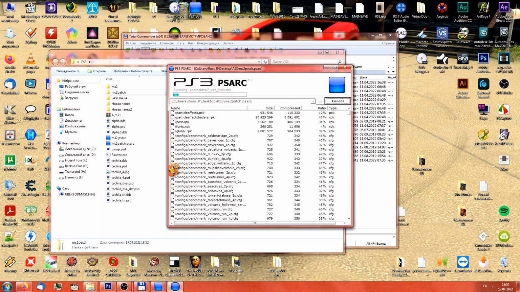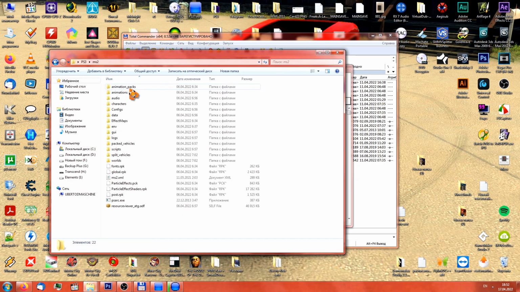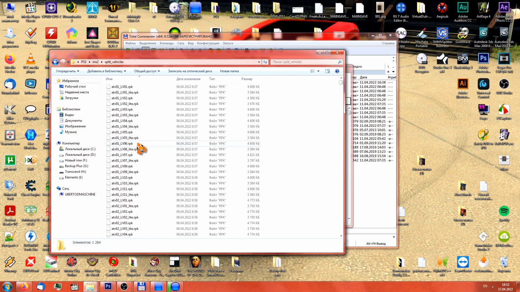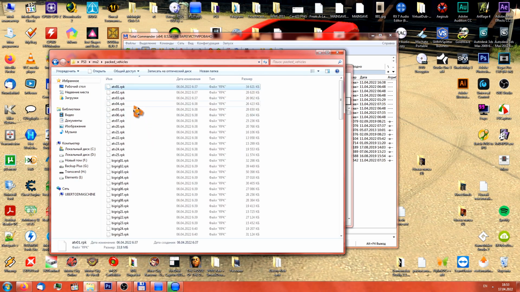Alright, so now the textures themselves are contained in the original MS2.PSARC. They're contained twice. They're contained in split vehicles RPKs, and they're contained in packed vehicle RPKs. Now, I recommend to